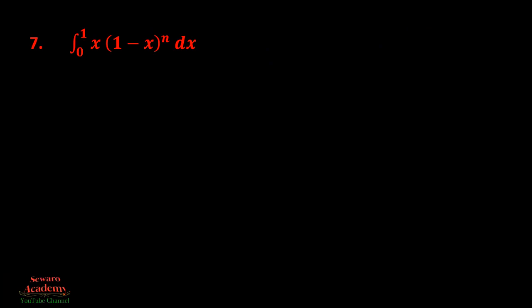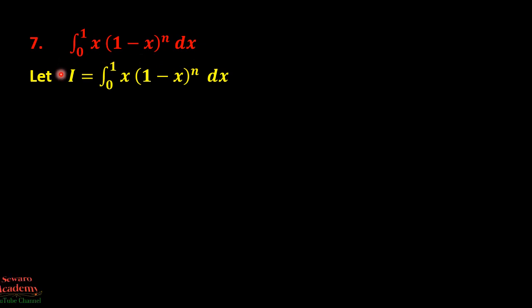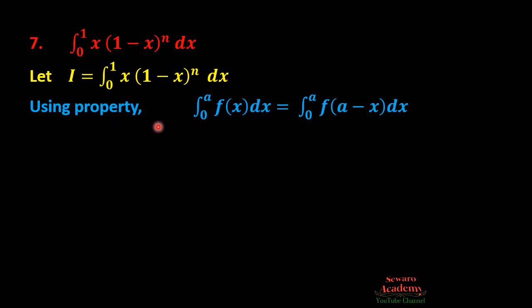Now here, let me solve question number 7. In this question number 7, because of this power n, it is very difficult for us to integrate directly. If there is 2 or 3, then we might have used the formula a minus b whole square and a minus b whole cube formula, but it is n. Let us see how, by using the property of the definite integral, it makes it very simple to integrate this question. First let us represent this question by I, and the property that we are going to use here is the fourth property.